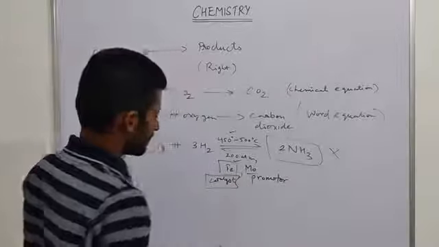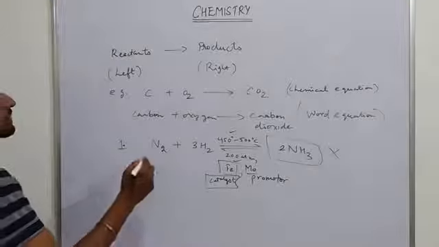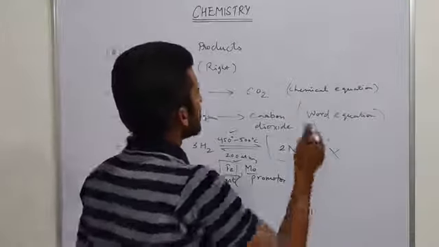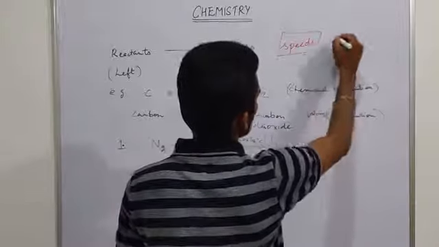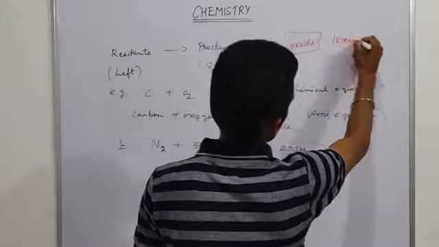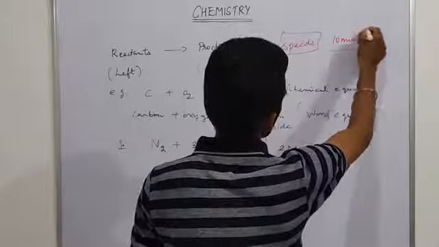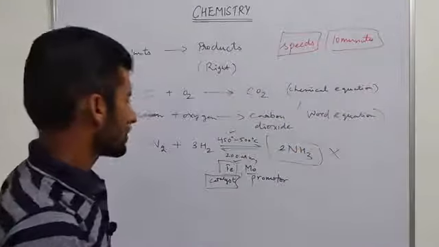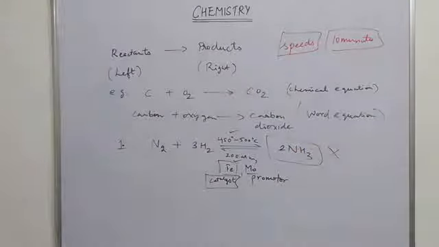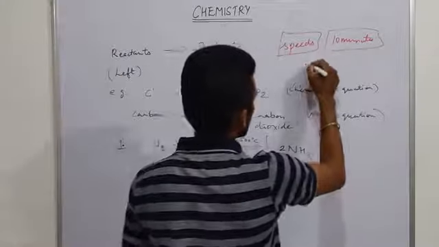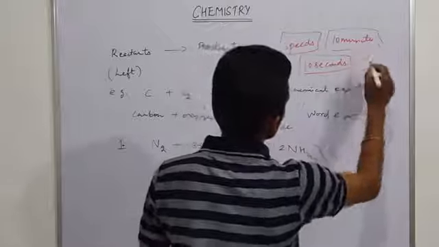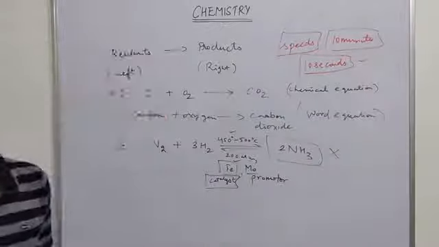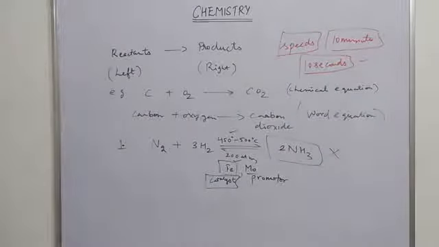A catalyst, what is catalyst? Catalyst is a substance which speeds up the reaction. Like normally if the formation of ammonia is taking place in 10 minutes, on addition of iron, that will take 10 seconds. So time consumed will be less and formation of ammonia will be more. Clear?